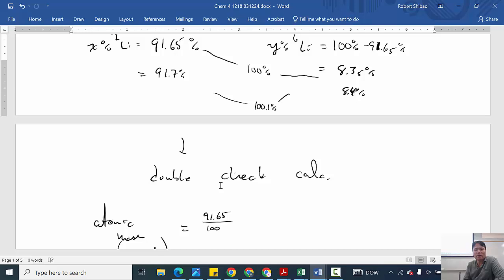even though I'm not allowed. And so I'm going to go from percent to a fraction, so I have the fractional abundance. Your book likes to go to decimal, so going to decimal is 0.9165, which is probably better. But the thing is